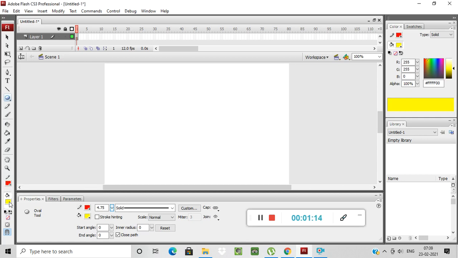Okay, after selecting the fill color, see here, these are two drawing modes available. In the last chapter I already told you about this. This is your object drawing mode and this is your snap to object, means magnet. Okay, if you want to merge both the shapes, then you can use this magnet. Okay, if you don't want to merge the shapes, then you have to use this drawing mode.